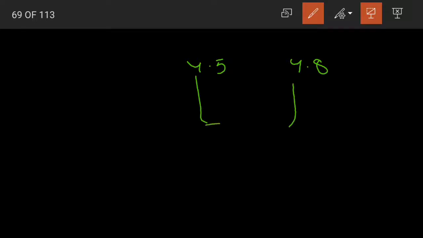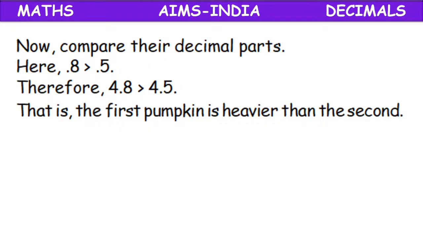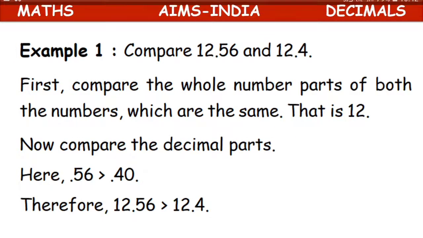In the same way, here we had two decimal numbers, 4.5 and 4.8. The first digit or the whole number part was the same. So that is why we went with comparing the next digits. What are they? That is the decimal part. 5 is less than 8. So 4.5 becomes less than 4.8, children. The same rules of comparing whole numbers are applied here. No need to worry. Let us look at example 1.